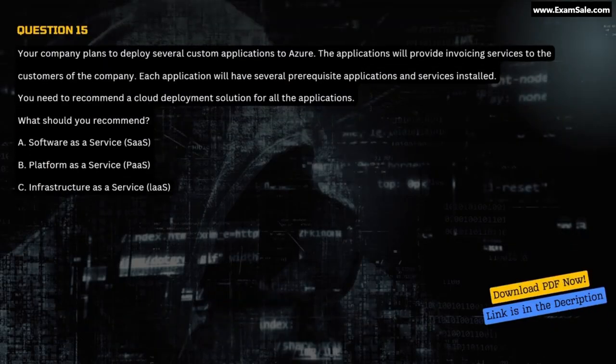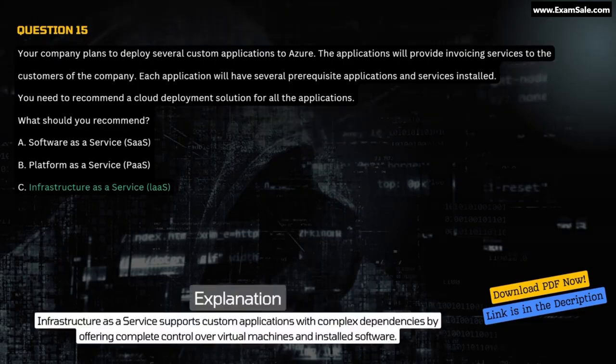Question 15. Your company plans to deploy several custom applications to Azure. The applications will provide invoicing services to the customers of the company. Each application will have several prerequisite applications and services installed. You need to recommend a cloud deployment solution for all the applications. What should you recommend? A. Software as a Service SaaS. B. Platform as a Service PaaS. C. Infrastructure as a Service IaaS. Correct answer, C. Infrastructure as a Service IaaS. Explanation. Infrastructure as a Service supports custom applications with complex dependencies by offering complete control over virtual machines and installed